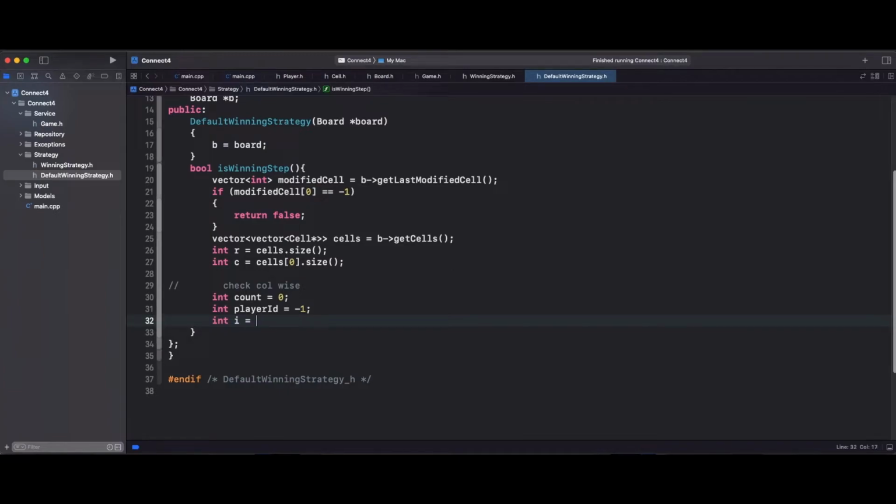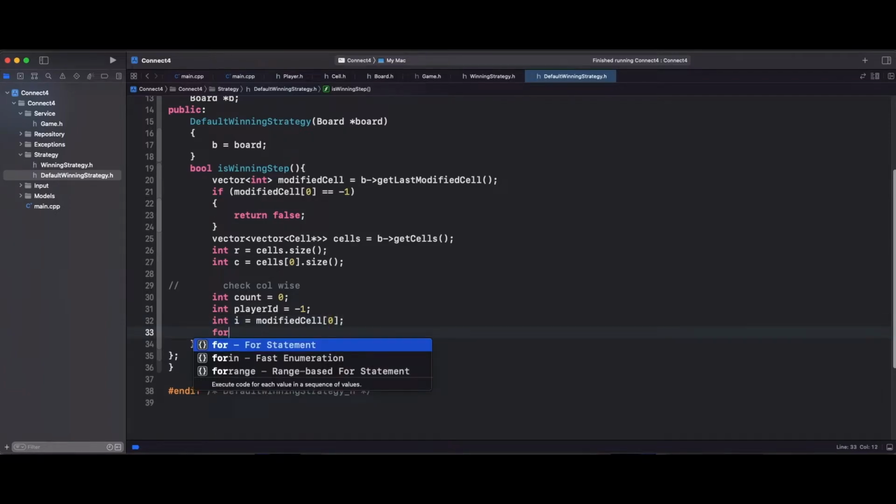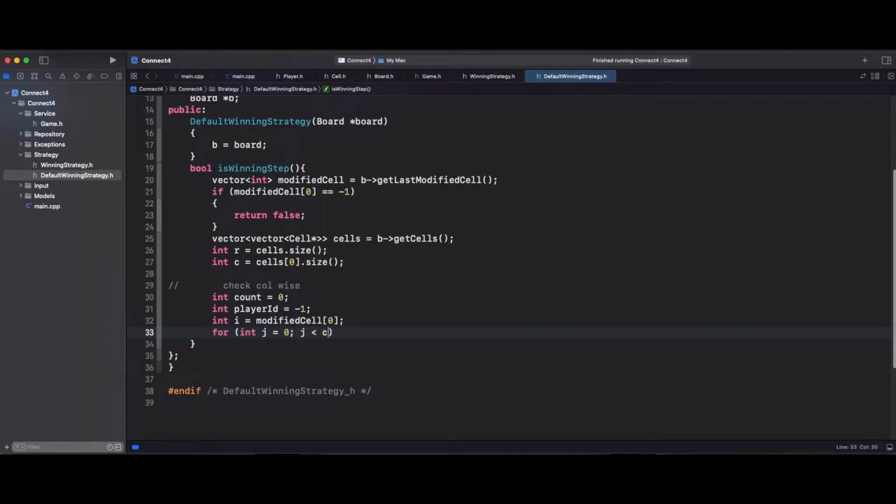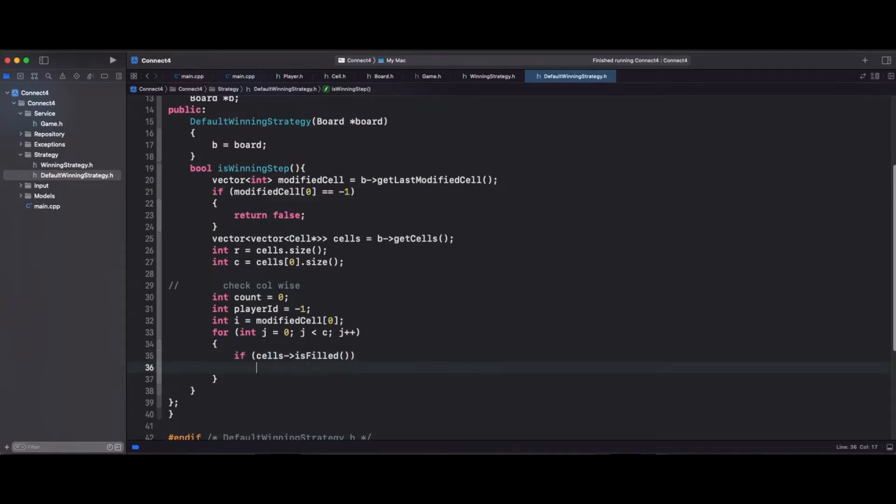Because I am checking column wise, I will store the row here, and then for all the columns in that row, if it is filled, the player ID is